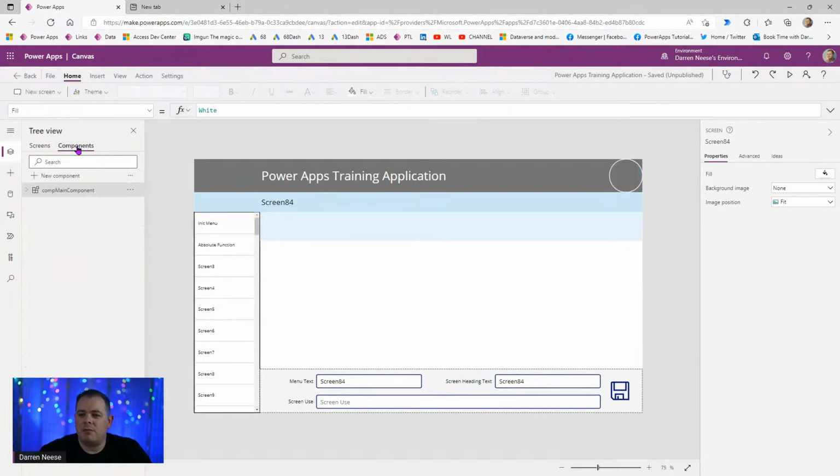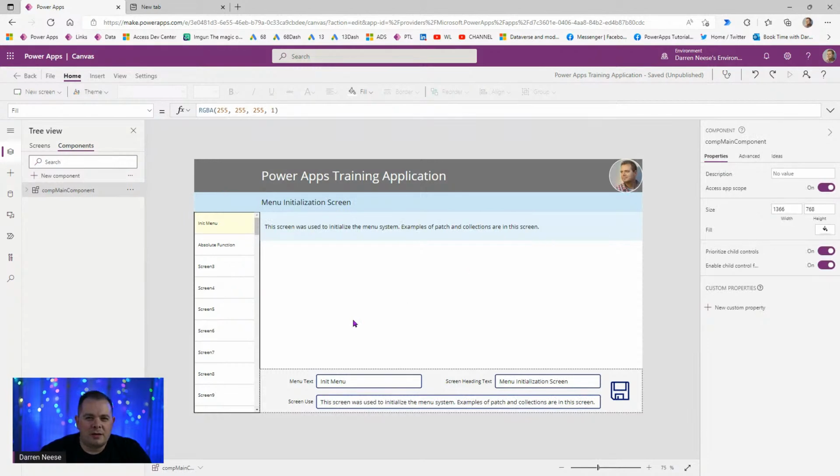If you go over here to components, we created one component that has a header bar at the top and a menu on the side. It may not look like a nice, finished, polished application you would deliver to a client, but I built this application for you guys, not only to build it from scratch, but also as I'm doing some video training